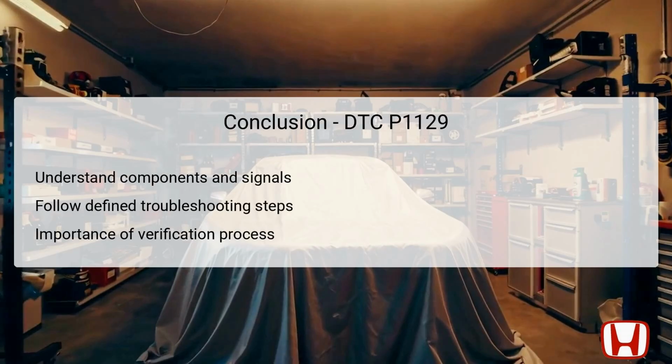diagnostics. In summary, understanding DTC P1129 is key to effectively diagnosing issues related to the MAP sensor signal being higher than expected. Familiarity with the components involved, including their functions and locations, will significantly aid in precise troubleshooting. Following the defined steps diligently can lead to identifying the root cause, whether it's a vacuum leak, faulty sensor, or electrical issue. Most importantly, verifying repairs ensures that identified problems are indeed resolved, providing peace of mind. Finally, regular preventive maintenance will help sustain vehicle performance and avoid future DTC occurrences, ultimately ensuring the longevity and reliability of the Honda